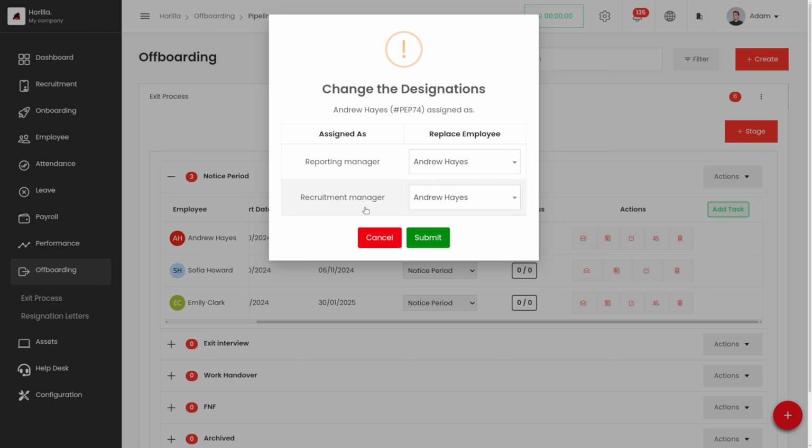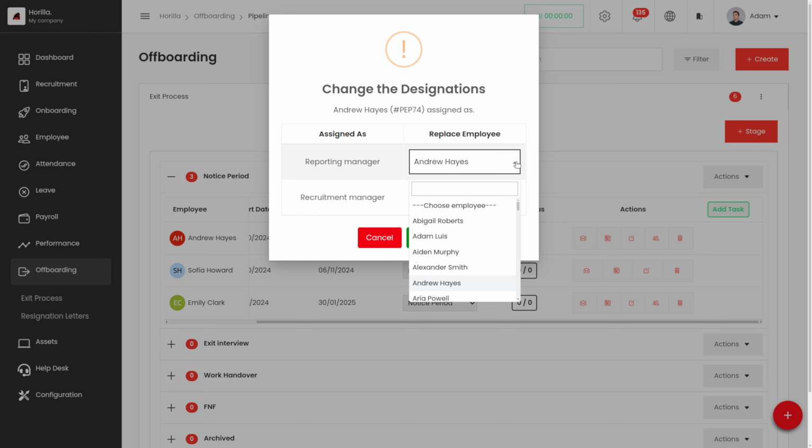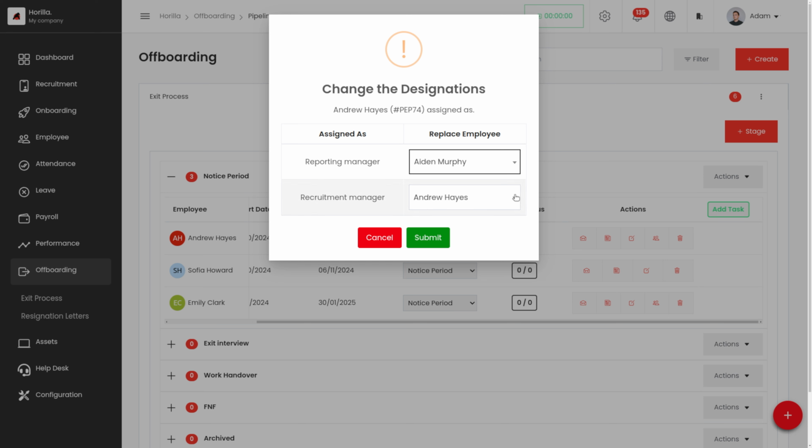Since he is resigning, these designations have to be given to some other employee so that all these operations run smoothly. So from here we can set the replacement. We have the field replace employee from where we will be able to add an employee so that he can manage this from now on. So let's select an employee from here. Like this, I'm setting the reporting manager as Agent Murphy, and I'm setting the recruitment manager